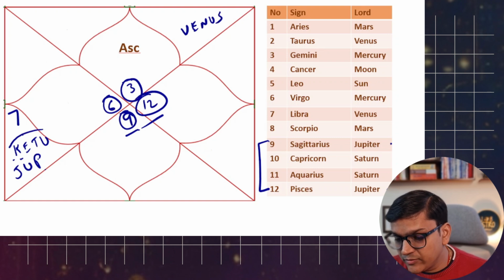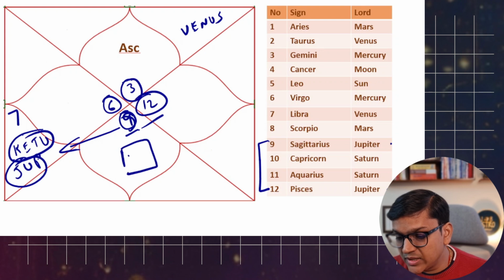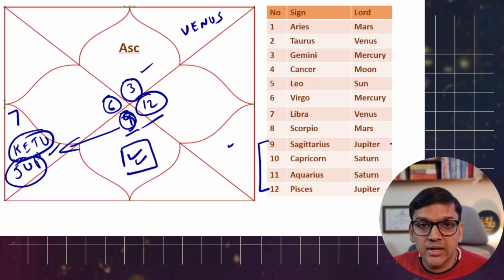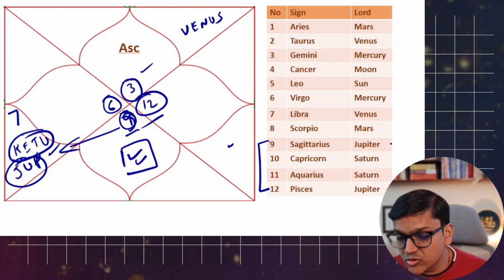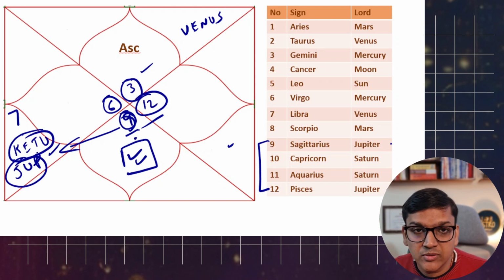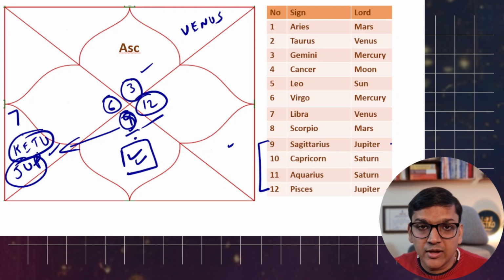So here if you see, still Ketu is sitting with a planet which is the owner of the center house and it's sitting in the trine. And here the situation can be reversed as well. Ketu and Jupiter sitting in this particular house, and Jupiter owning a trine house. So you need to see, this is the best Rajyog. This is one of the best Rajyogs that any planet can form. So here Ketu is conjugating a planet which is owning a trine or a center.